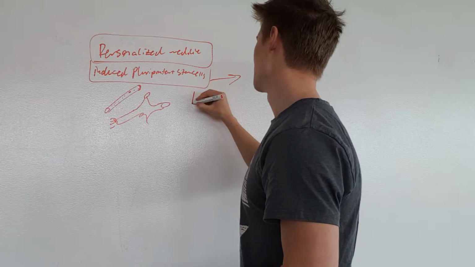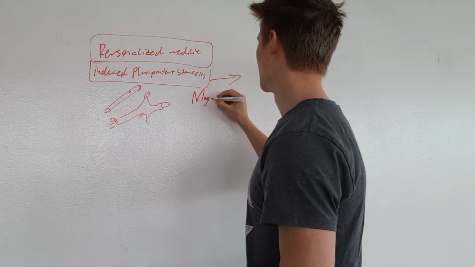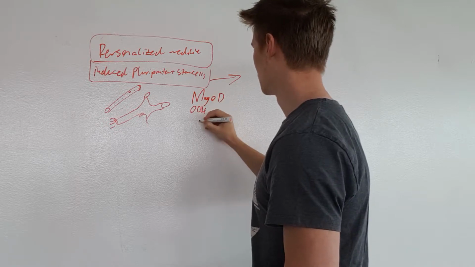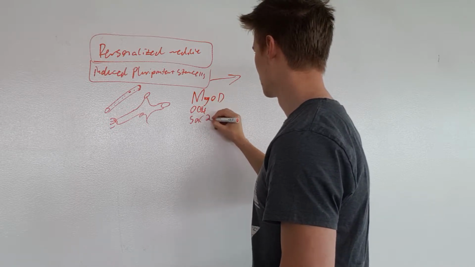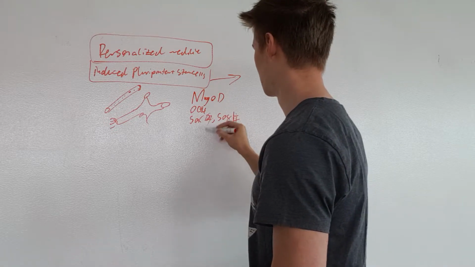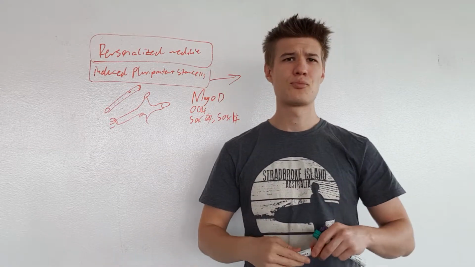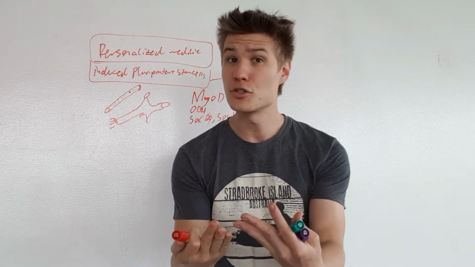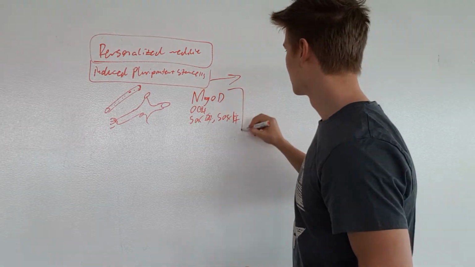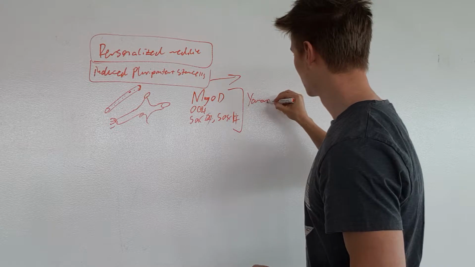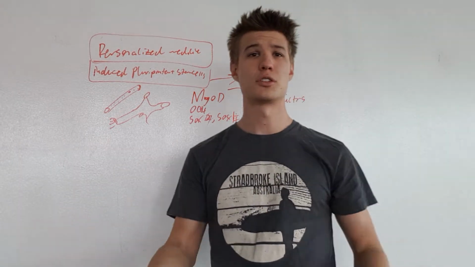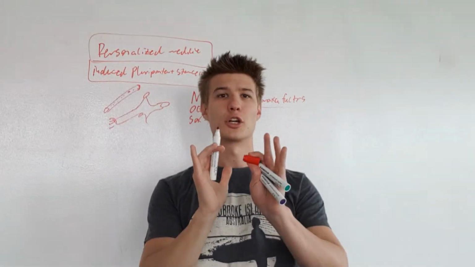So the transcription factors, you don't need to know this yet, but it's going to be MyoD, OCT4, and SOX2 and SOX4, I think. It might not be SOX2. Those are called Yamanaka factors. And Yamanaka was the first experiment to induce pluripotency, and we're going to go through that in some detail a